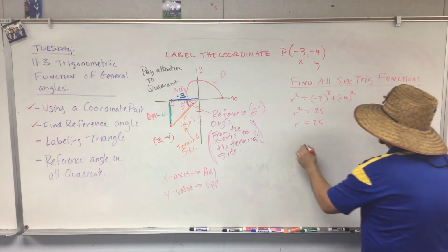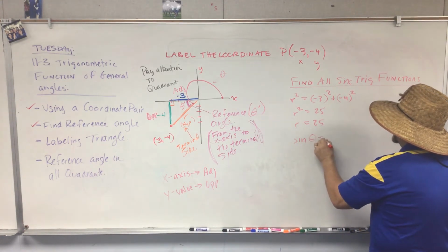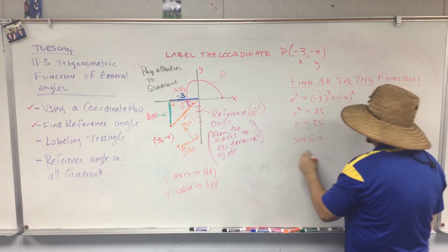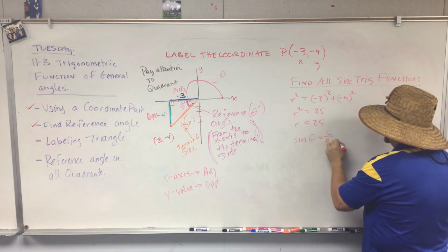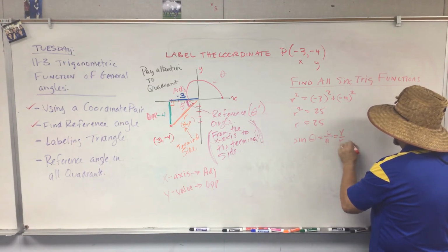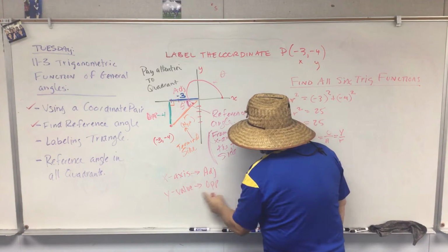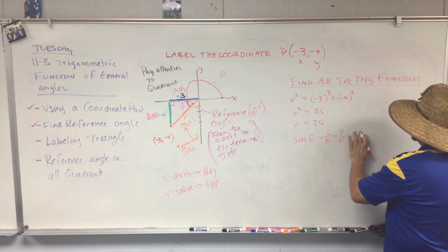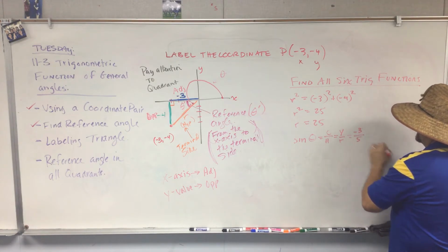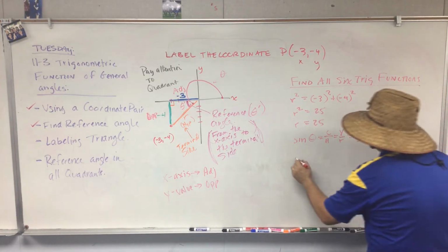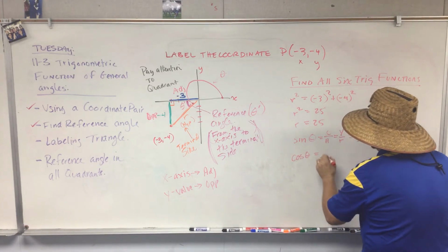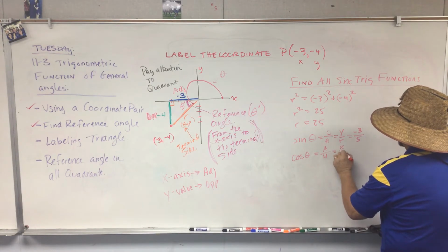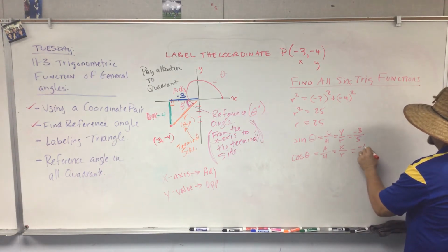So if we look at this, sine of theta is equal to opposite over hypotenuse, or in your book, it calls it y over r. Because remember, y is always the opposite, which is going to be -3 over 5. So my cosine of theta is adjacent over hypotenuse, which is x over r, which is -4